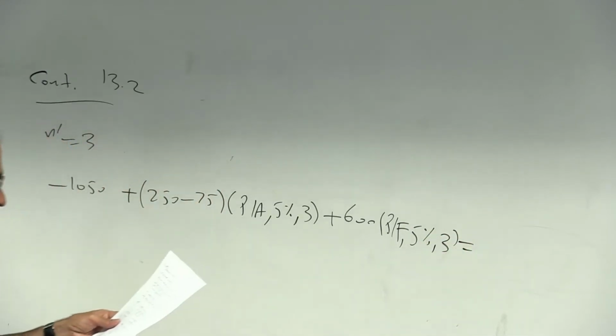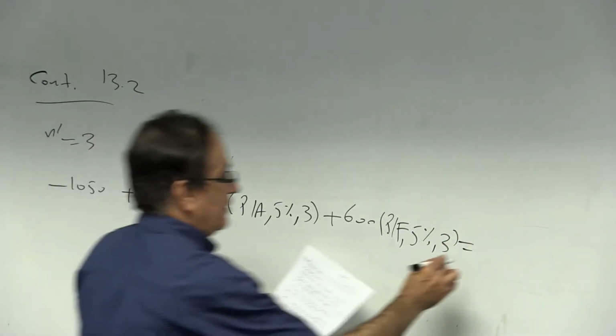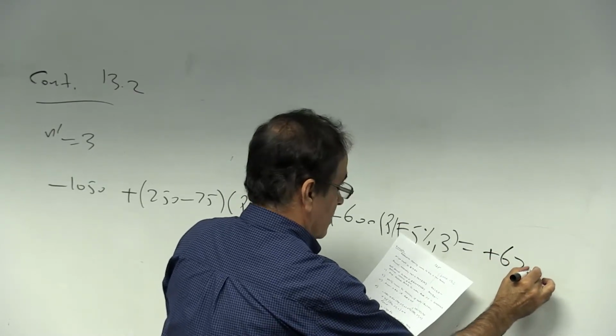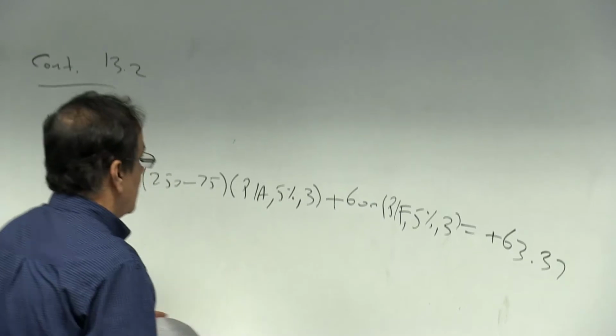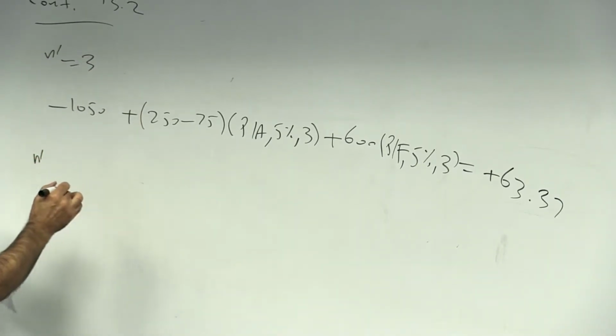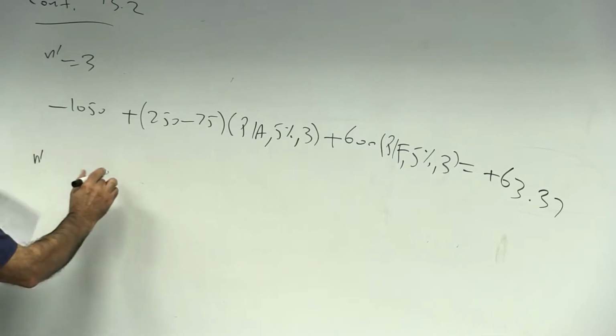This time you're going to get a positive number, $63.37. So obviously my n prime is somewhere between 2 and 3 years, because for 2 years I get negative